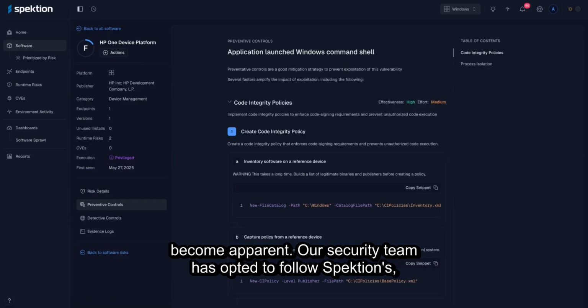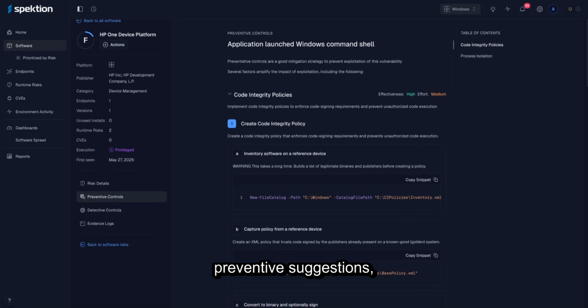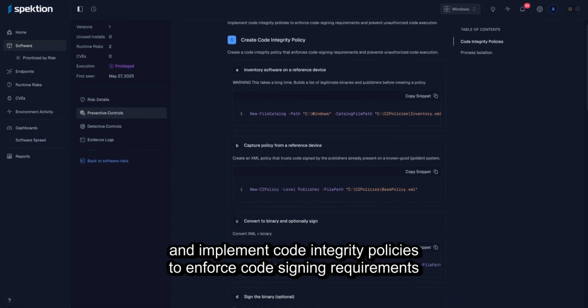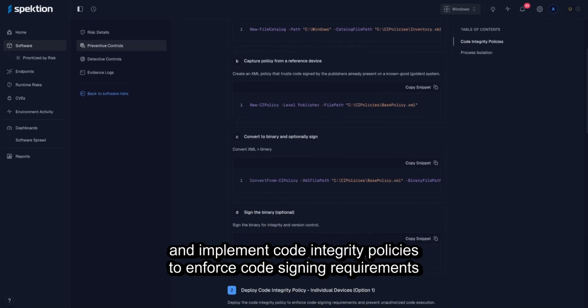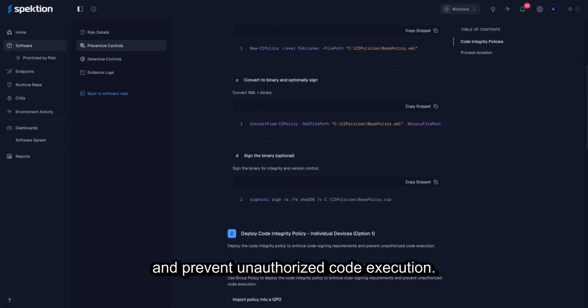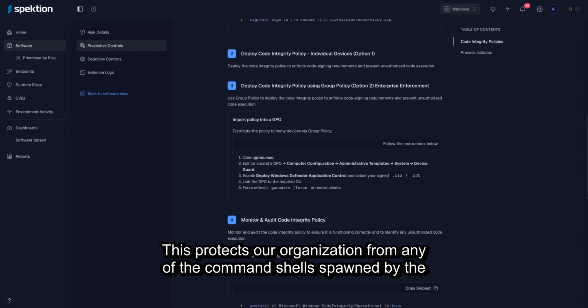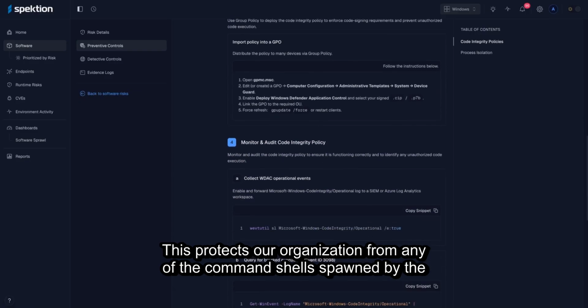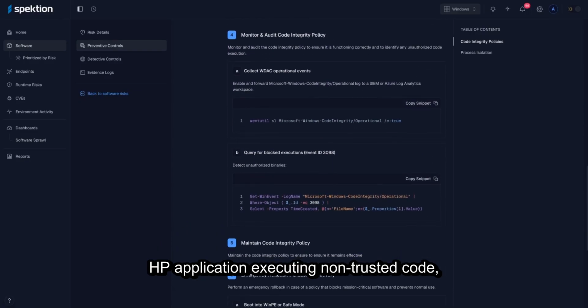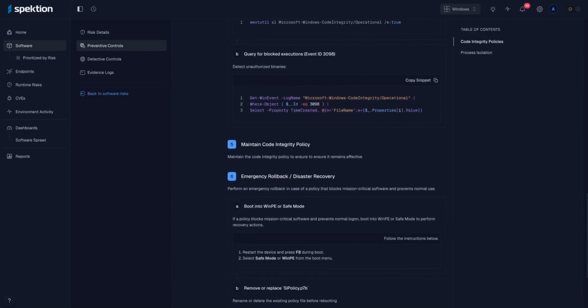Our security team has opted to follow Spektion's preventive suggestions and implement code integrity policies to enforce code signing requirements and prevent unauthorized code execution. This protects our organization from any of the command shells spawned by the HP application executing non-trusted code, greatly mitigating